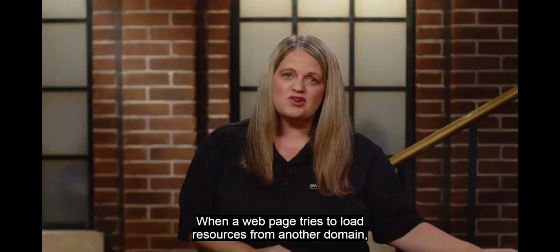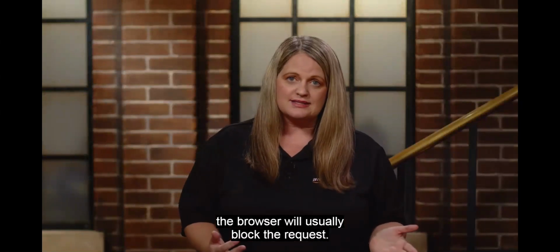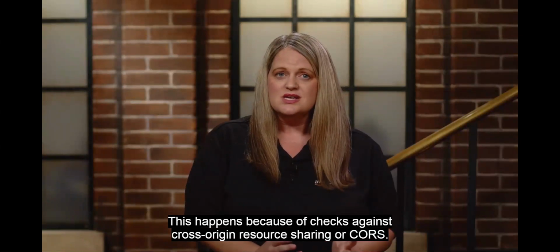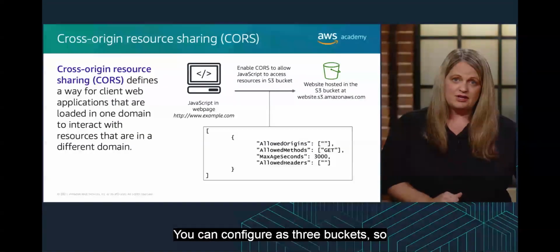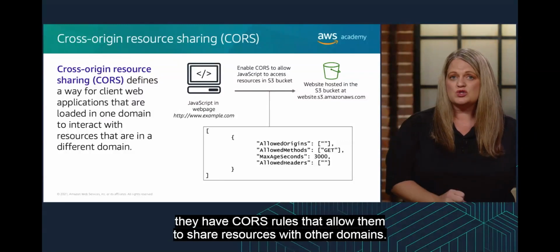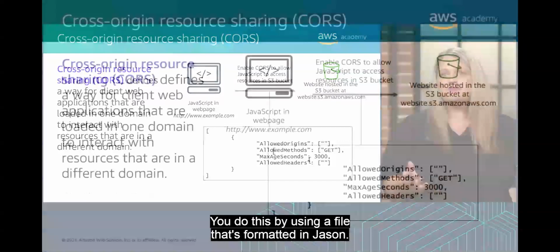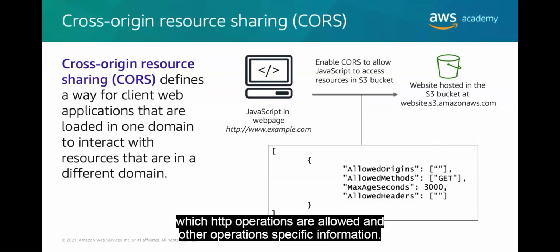When a web page tries to load resources from another domain, the browser will usually block the request. This happens because of checks against cross-origin resource sharing, or CORS. These checks are sometimes referred to as pre-flight checks. You can configure S3 buckets so they have CORS rules that allow them to share resources with other domains. You do this by using a file that's formatted in JSON. This file specifies various information, including the origins you'll allow to access the bucket, which HTTP operations are allowed, and